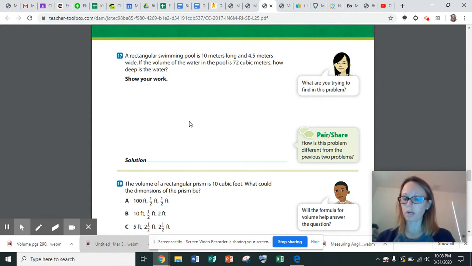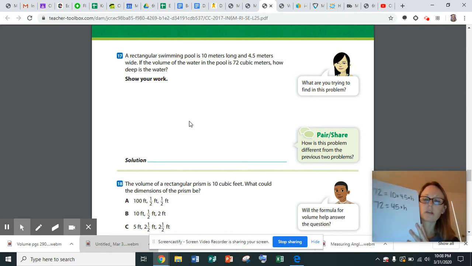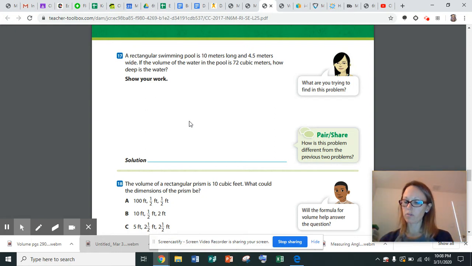All right, so you're going to have 72 equals 45 times h. Now remember, we already talked about this. In order to undo multiplication, you have to do the opposite. So you have to divide. Okay, so you divide both sides by 45 and you get